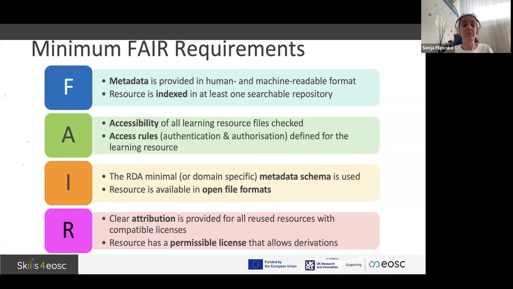For interoperable, use a metadata schema. We are recommending the RDA minimum metadata schema because this is specifically made for learning materials, but you can use another one, domain-specific one if you want. And make sure that the resource is available in open file format so that people can open them with common